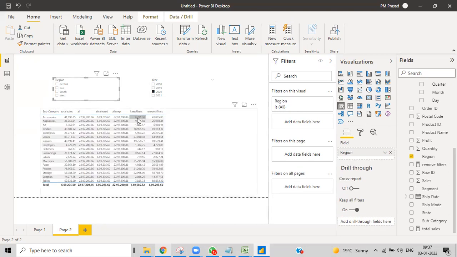Keep filters means we have already hard coded one filter in that particular measure for that region. Remove filters means whatever other filters, it may work, and you remove filters from only one column directly. We may have hundreds of columns, and I don't want to select all of them. I want to remove one, so that if someone clicks on that particular filter, it should not work for that, but if someone clicks on other filters, it should work. In that scenario, we'll use remove filters.